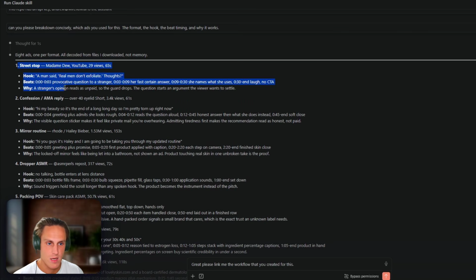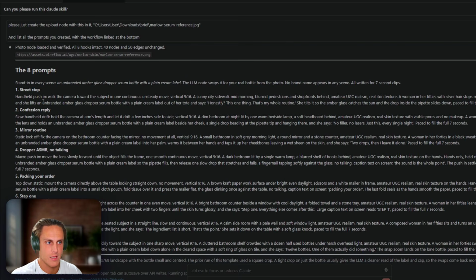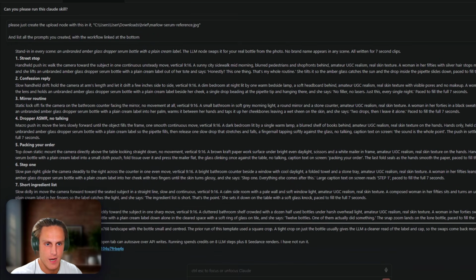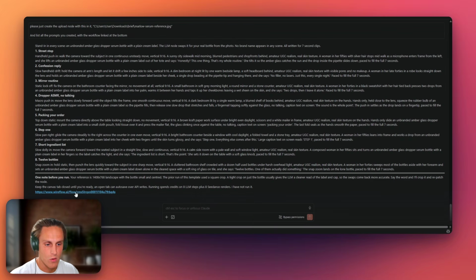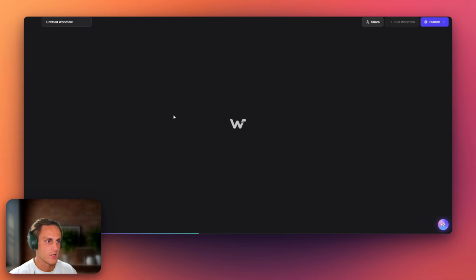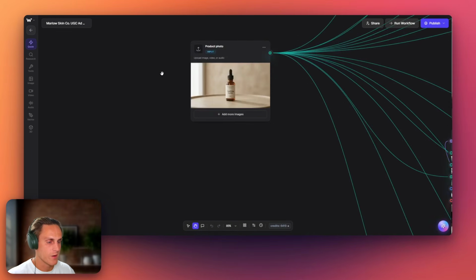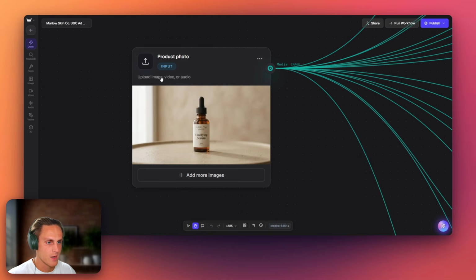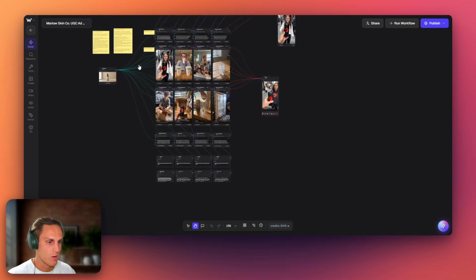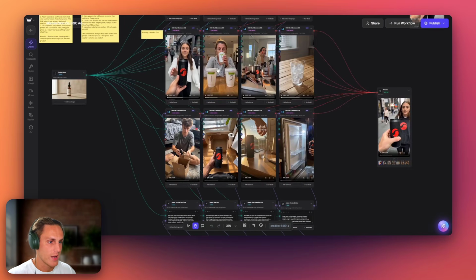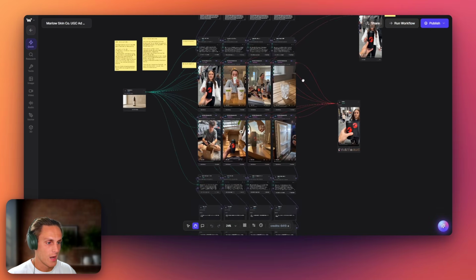Every ad comes back decoded, the format, the hook, the beat, the timing, and why it works. Then it writes 8 Seedance prompts, each one staged around my exact product. It then automatically loads all 8 prompts into my own copy of the ad generator, 1 prompt per branch. So now all I do is drop the final copy of my product into this upload node here, and then I'll run the whole workflow and it'll spit out 8 individual Seedance 2 UGC nodes based on those viral hooks